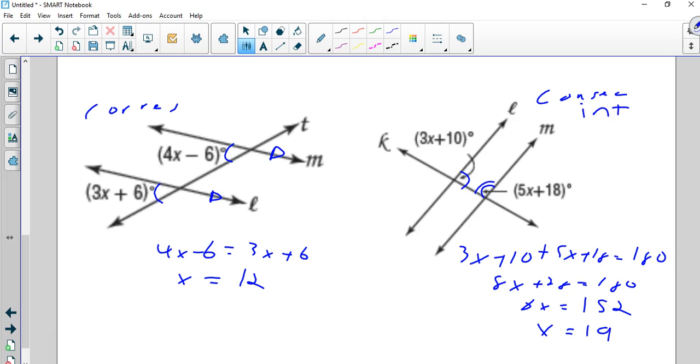I believe. 8 times 9 is 72. 8 plus 7 is 15. Good. Now if I plug 19 in, 3 times 19 is 57. Plus 10 is 67. And 19 times 5. 5 times 9 is 45. Carry the 1. 5 plus 4 is 95. Plus 18, 113. And 113 plus 67 is 180 degrees. So that proves that these two lines